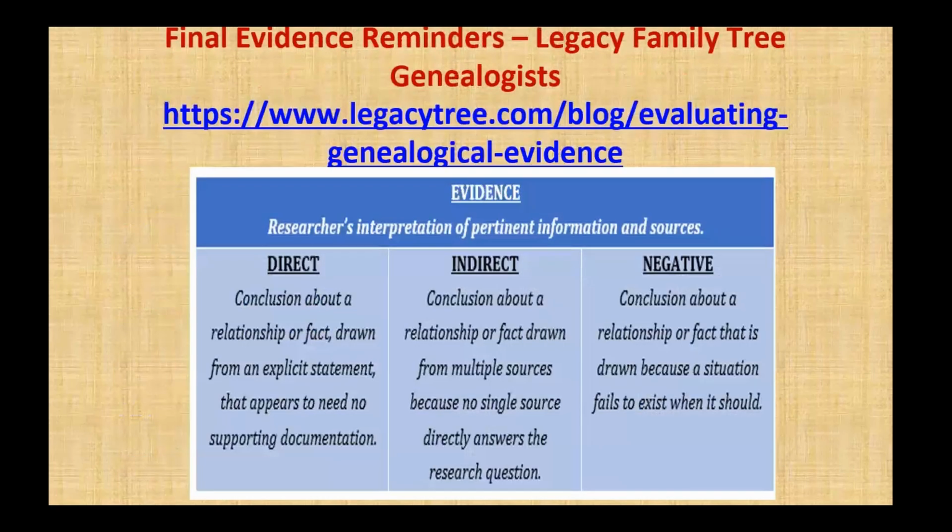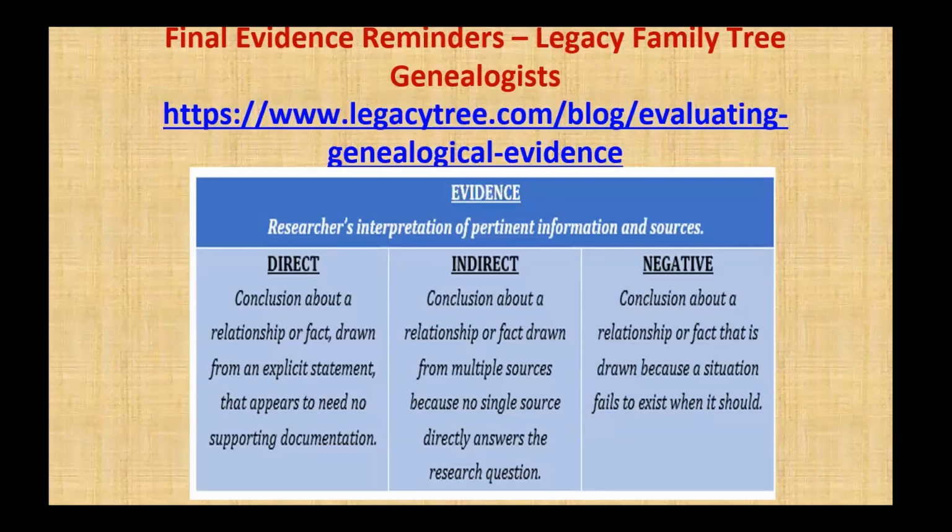Now this is off of Legacy Family Tree Genealogists, and you see the website there where I got this screenshot, but this is going to be talking about the researcher's interpretation of pertinent information and sources. And as I said earlier, the third one there, negative, sometimes seems to cause a lot of confusion with people. And again, I'll say that the conclusion is based on a relationship or fact that should be present,